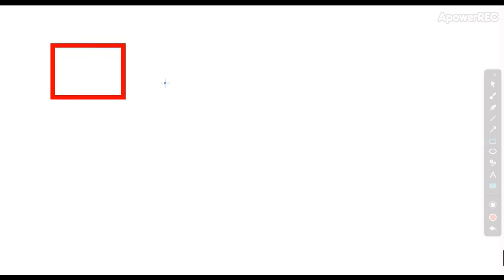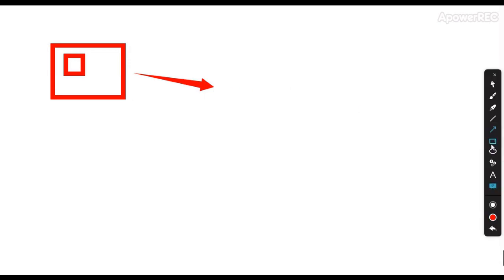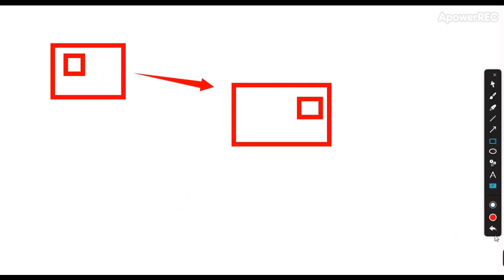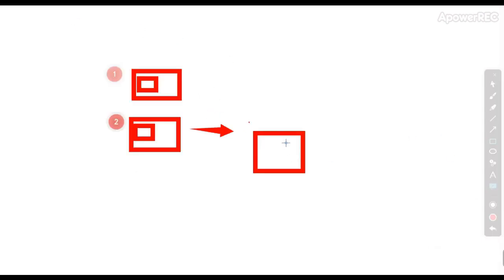So what is flipping? Let's understand. Like this is a box. Suppose this box is facing the left-hand side. Now if I flip this box, it now faces the right-hand side. It means if my face is on the left-hand side, after flipping it will become the right-hand side.